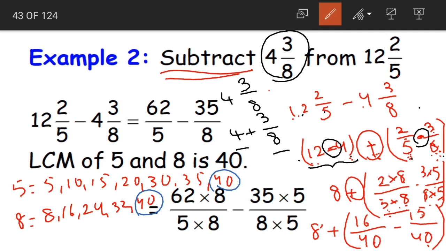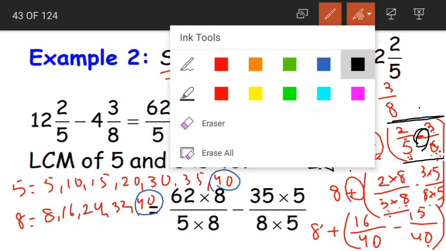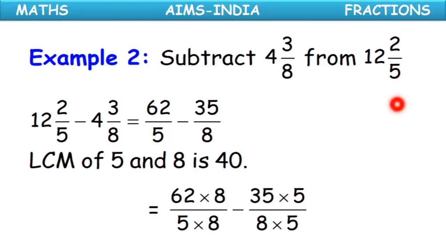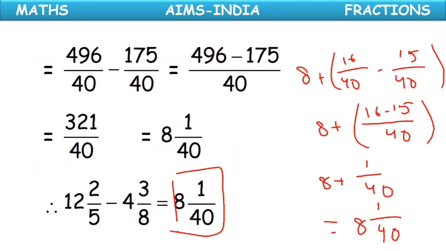So that is why we are adding the difference of whole numbers with the difference of the fractions. Okay children, how will we get our mixed fractions? By adding the whole number and adding the fraction. Here as we are subtracting them, we are adding the difference of whole numbers and the difference of fractions. If you are not comfortable with this method which I showed you, you can always go for this one, that is converting them into improper fractions and then finding the